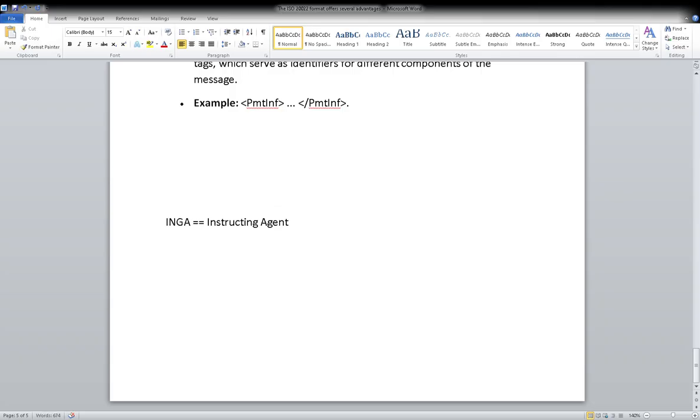Who is the instructing agent? Here it is instructing agent only. This is the full form. By the way, we are going to learn these things. All these payment methods are there. Yes, instructing agent method. And whenever it is instructed agent, it is